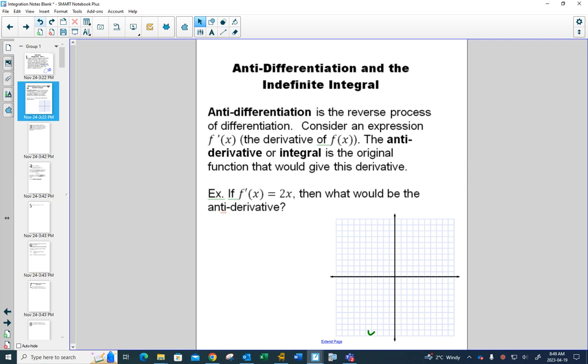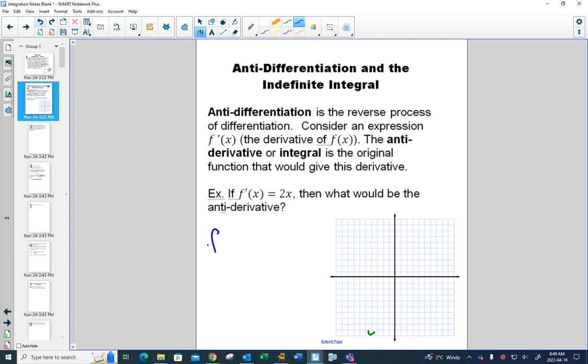And we've been doing a bit of anti-differentiation already. Because in some of your units, I had, hey, you want to work backwards? And you were like, haha, I'm teaching you integration early, but it wasn't hard, and it just gets a little bit more complicated as we try to be more systematic. So antidifferentiation is the reverse process of differentiation, so the antiderivative, or the integral, is the original function that would give you that derivative. So if you were told the derivative was 2x, I think you can do this one in your head. What would it have been originally?